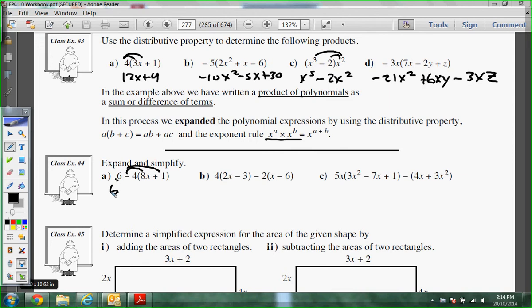What's -4 times 8? Good. And then what's -4 times 1? Okay, good. Now we combine like terms. So 6 minus 4. And then we have the minus 32x. That's your answer. Okay? And Breezy, actually, I'm glad you did that because we can't do that,